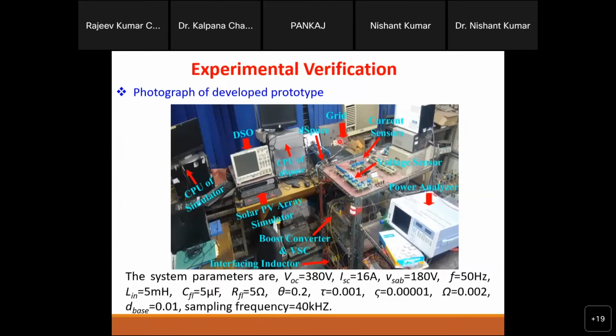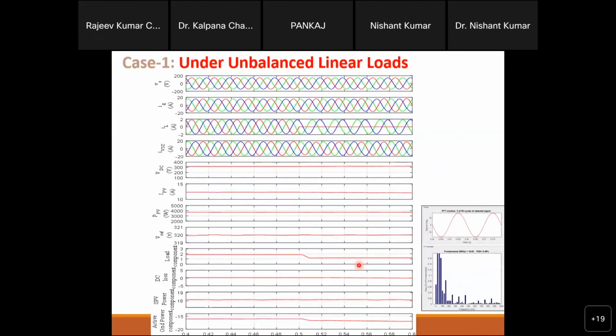The actual grid I have used here. So this is grid connected mode. All the interfacing inductors and all these things will be seen here, right? So this is the setup here. Finally, in this testing, you will see it is first of all tested under unbalanced linear load conditions on